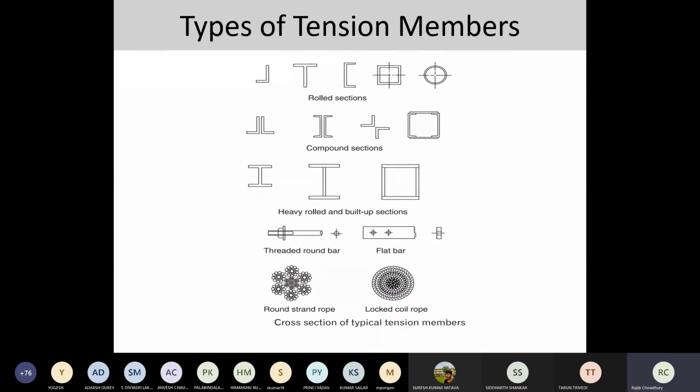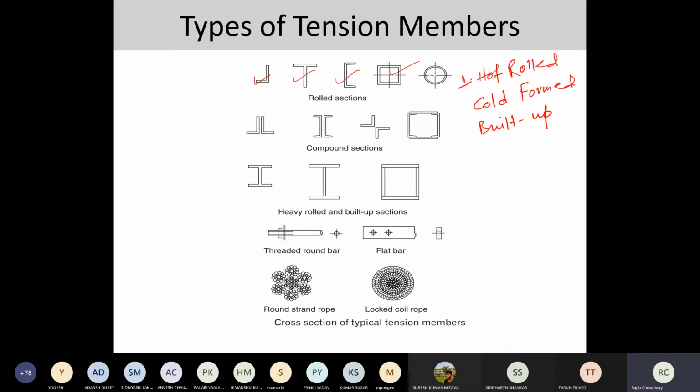Okay, now I'll be coming towards what are the different types of tension members. I believe that all of you have seen already, that this is, let's say, an angle section, this is a T section, this is a channel section, this is a box section and all. Primarily, most of the steel components of steel structures are composed of different configurations. One is called the hot rolled, and another one is the cold formed, and the third one is the built up. Sorry, it is basically three.